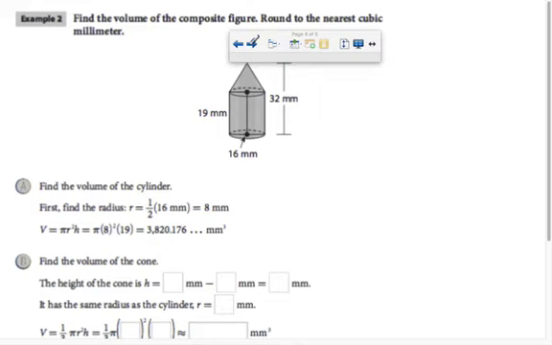In this example, we're finding the volume of a composite figure. So looking at the composite figure, I hope you would notice it's a cone on top of a cylinder. In part A, you see the first thing that they did was to find the volume of the cylinder doing pi r squared times h. Then